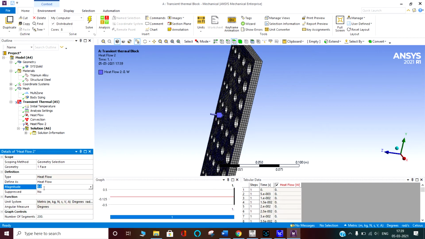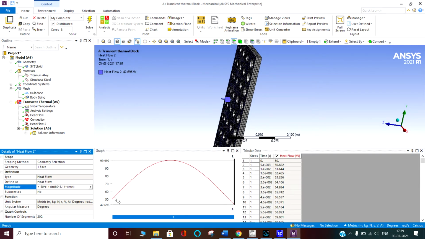In the function, you can put the equation 50 into (1 plus sine(60 into pi, that is 3.14, into time)). If you have the pi symbol, then it will be acceptable. You have to put the full word time. If you put t, it will not accept. You can see the graph has come. You can see 50.